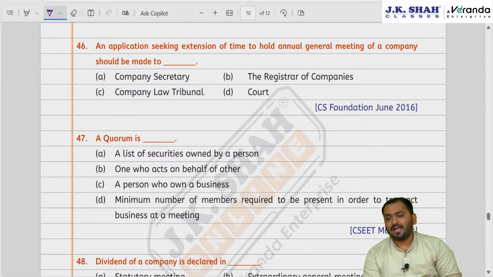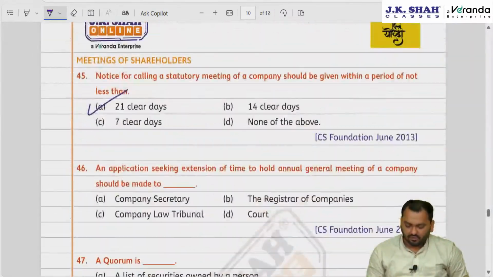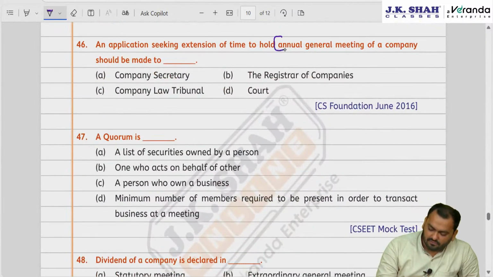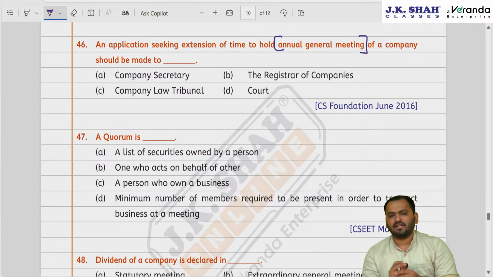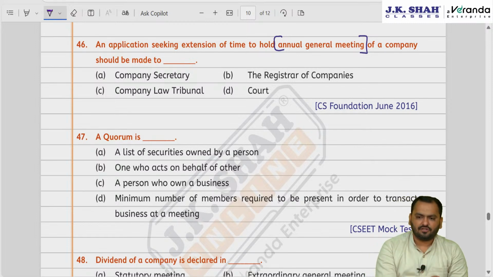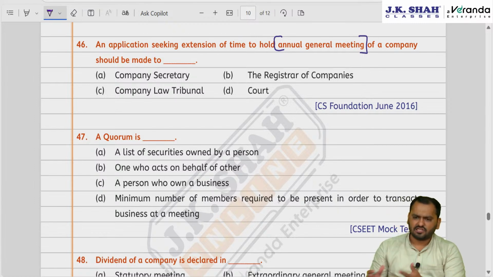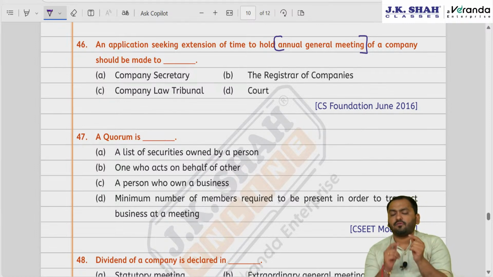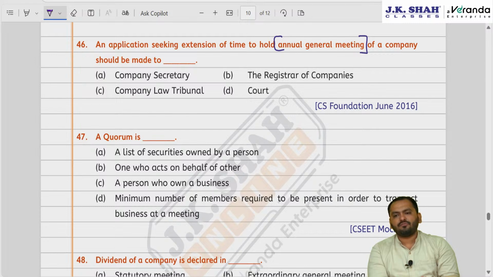You know friends, for holding an annual general meeting, the rule is, the first AGM of a company shall be conducted within 9 months from the end of the first financial year. Then subsequent meetings, second and subsequent AGM, every year AGM is conducted, right? So for the first AGM, within 9 months from the end of the first financial year. It is not 9 months from the date of incorporation. Please make sure of this.